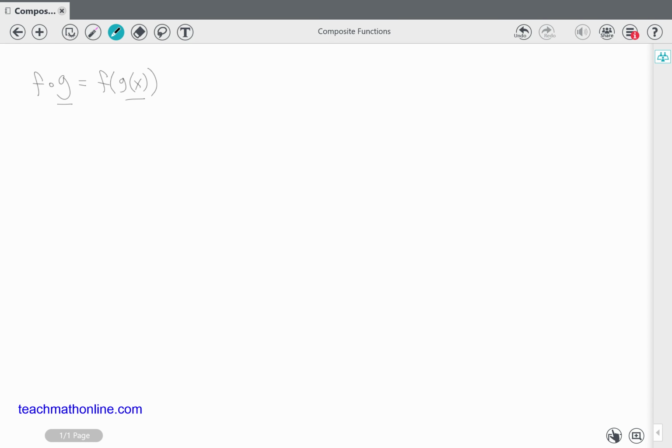So it's best to see this in example form. Let's say that f of x is equal to x squared minus 1, and g of x is equal to x plus 5. If we wanted to go ahead and find out what f of g of x is, we would say,